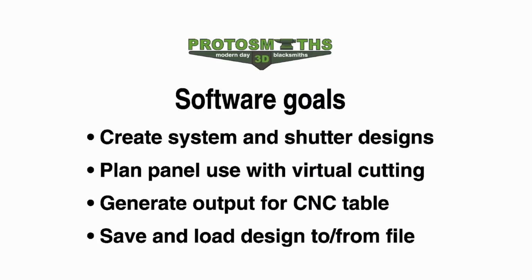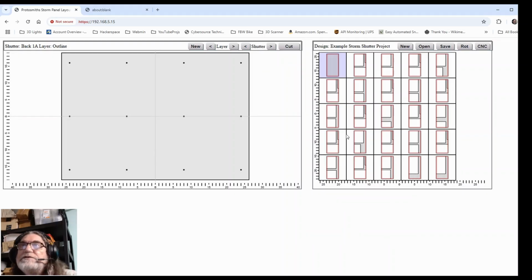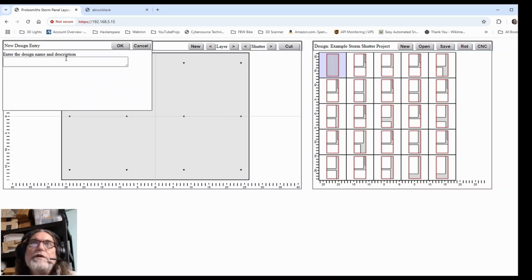My goals in the software were to create a system and shutter designs, plan the panel use with virtual cutting that we've discussed, generate output for the CNC table, and finally to be able to save to a file. So we have here the finished system, but if I were to start from scratch, I would give a design example,